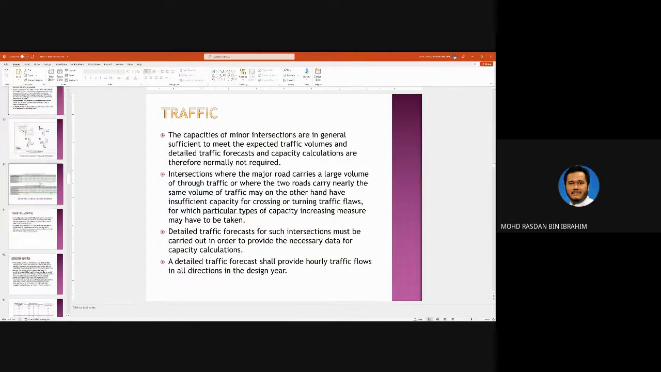Traffic. Capacities of minor intersections are in general sufficient to meet expected traffic volumes, and detailed traffic forecasts are definitely not required. Okay, if the intersections are very small, we normally do not need a traffic forecast. Intersections where major roads carry a large volume of through traffic, or where the two roads carry nearly the same volume,